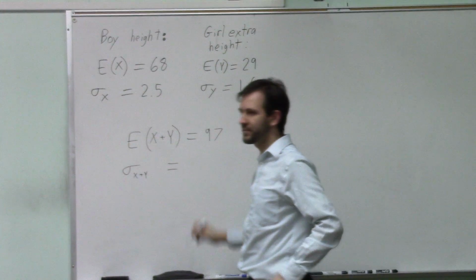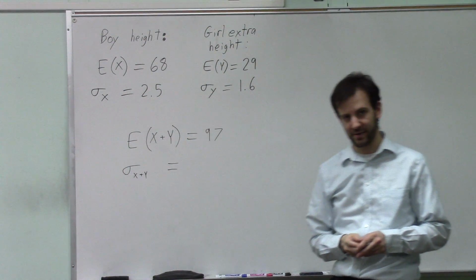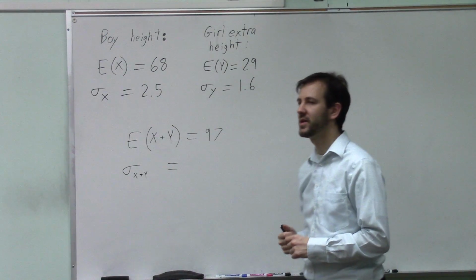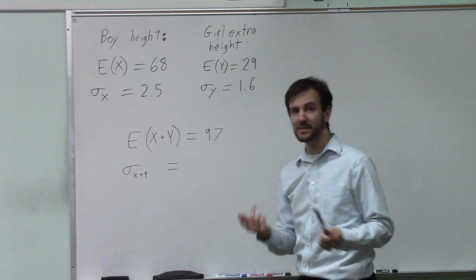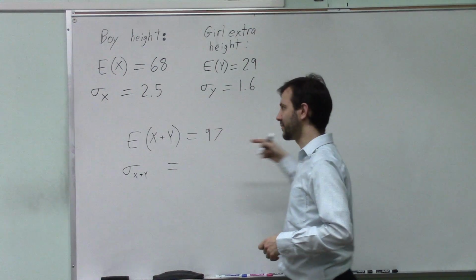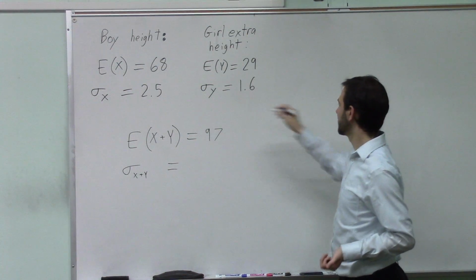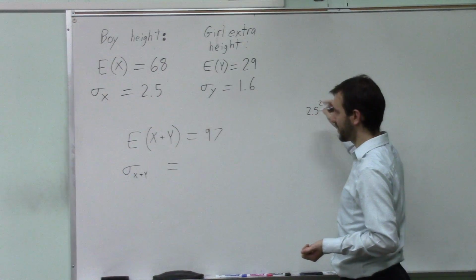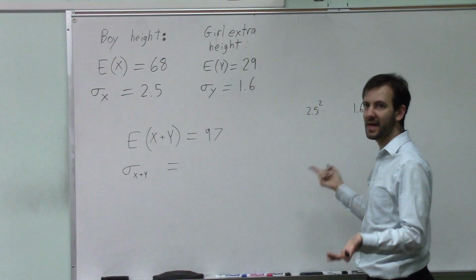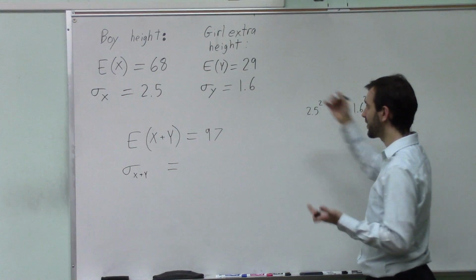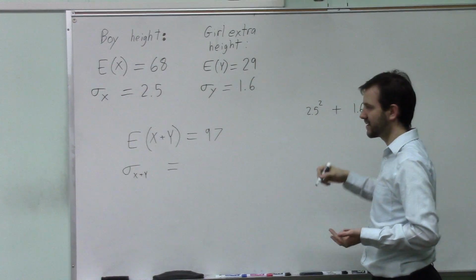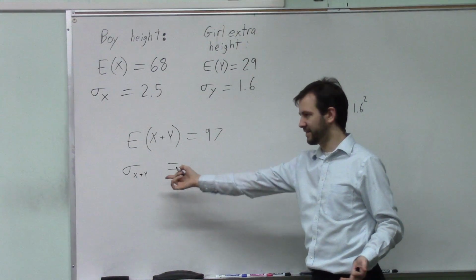But the standard deviation is a messier thing, because we can't add standard deviations. Standard deviations are handy facts, but they're not mathematically valid things. What is mathematically valid? Variance. So I should really calculate the variance of each one. I can add variances. I'll take 2.5 and square it to find the variance in boys' heights. I'll take 1.6, which is the standard deviation of girls' extra heights, and square it to find the variance of the extra girls' heights. And when I add those together, what I'll get is the new variance,